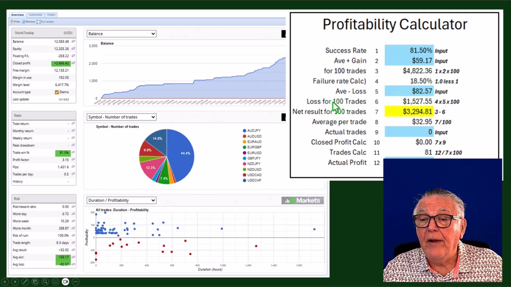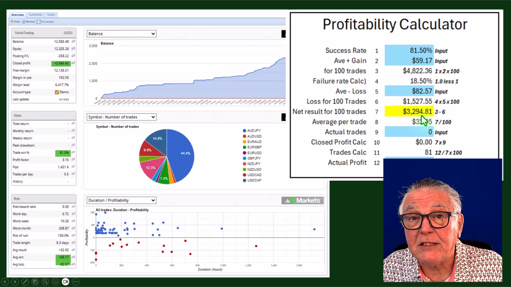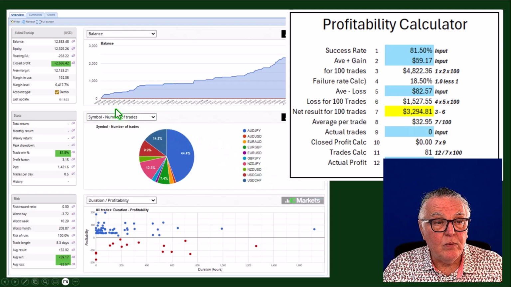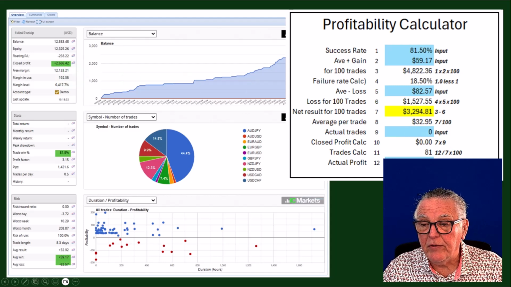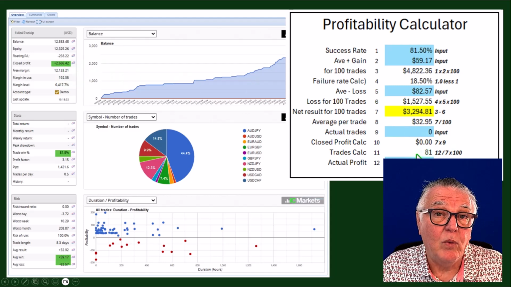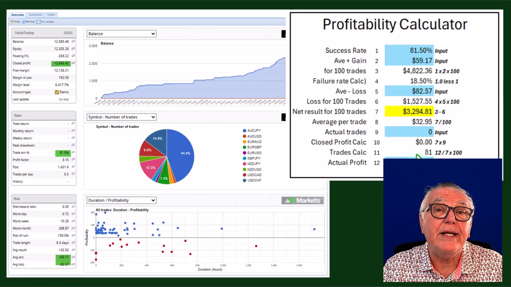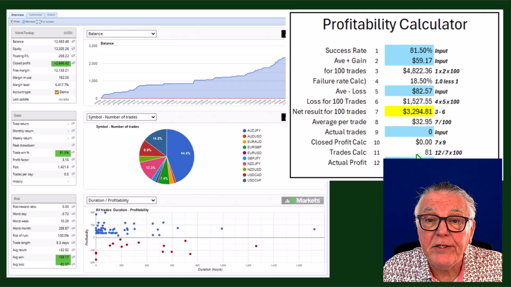Therefore, on 100 trades, I will make that kind of loss. Subtract them, and you still get a very, very nice positive number. And then if we look at what has happened, so much has been generated. So there were 81 transactions, and there we are. The profit calculator explains why this strategy is so